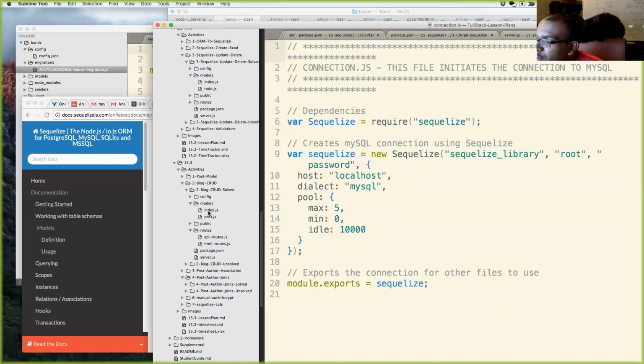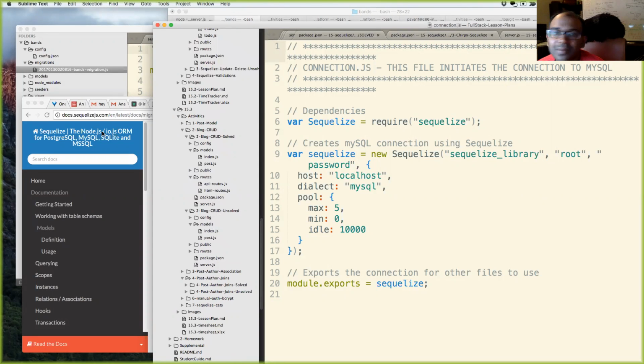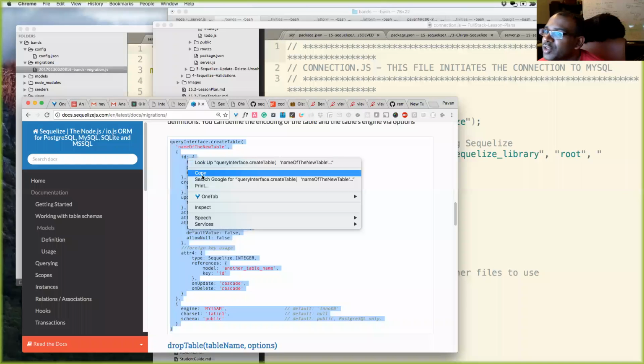I actually don't know if I have any migration files over here. For a while it's not going to be in there because for a while it was broken and it just started working again with Sequelize. Okay, so I'll just copy this over.